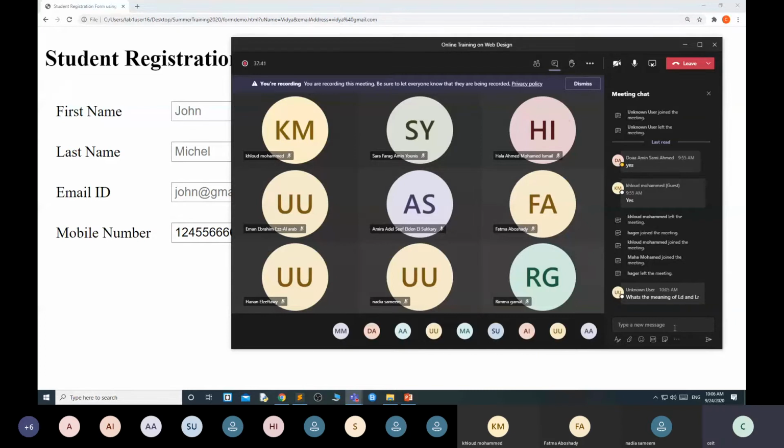LD and LR, in which context you are asking? Can you explain to me in which context you are asking LD and LR?